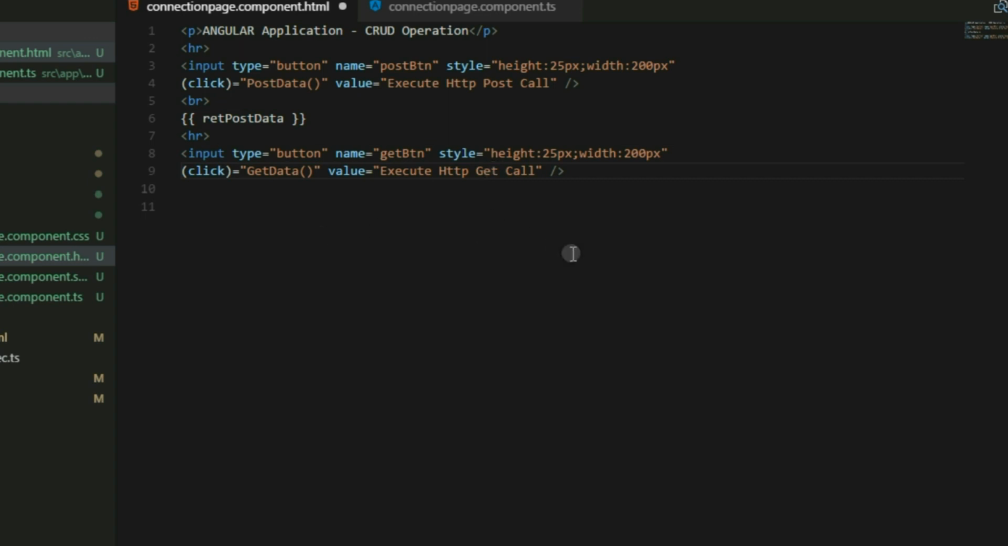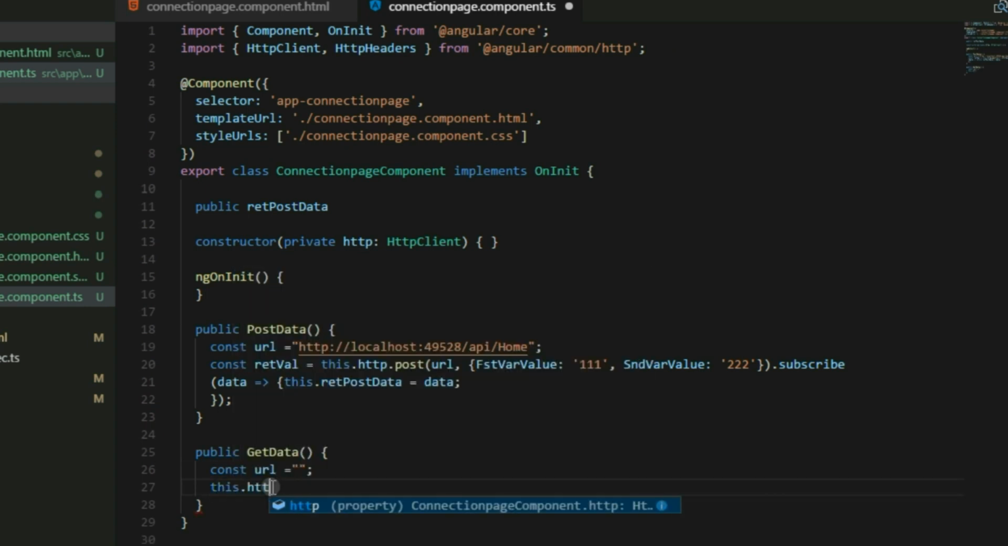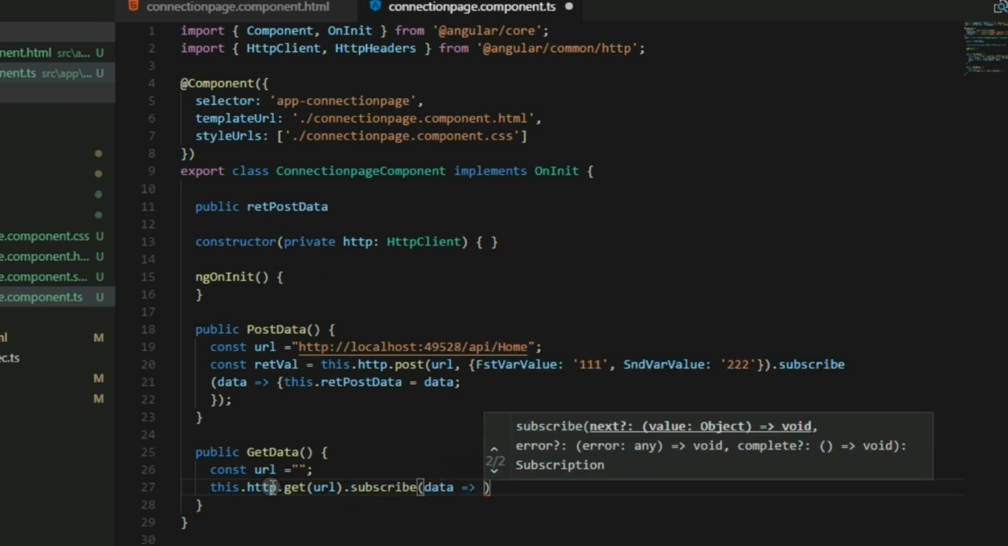Now we'll code this function in the TypeScript file, get data. So we'll create a br tag for next line and then go to the TypeScript file and type public get data, bracket start. Here const URL is equal to, we are going to give the URL out here, and then this.http.get(URL).subscribe(data). Here we are going to